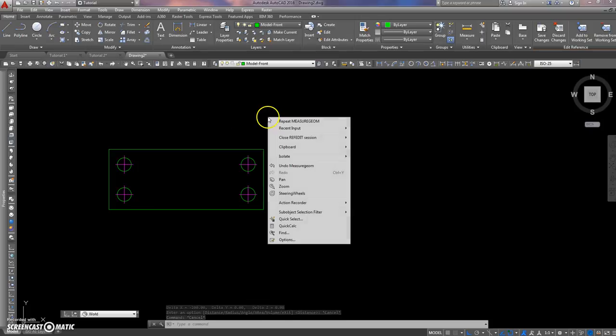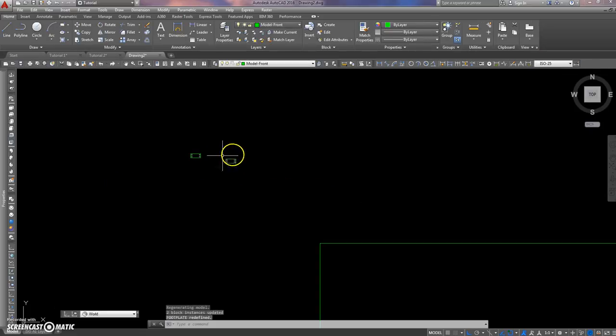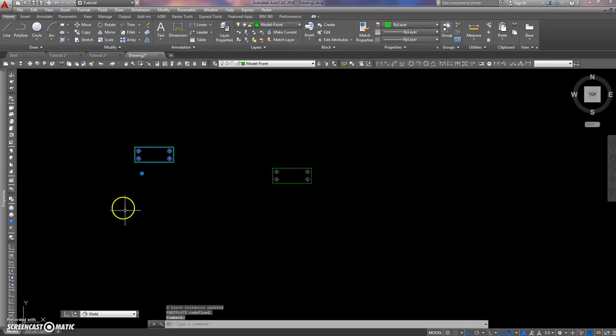Now, if we right click, we choose close ref edit session, and we save the reference edits. And it says, we're going to do a save. Great. Okay. Now you'll see that it has changed to be the same as that one there. That is because that is a block,